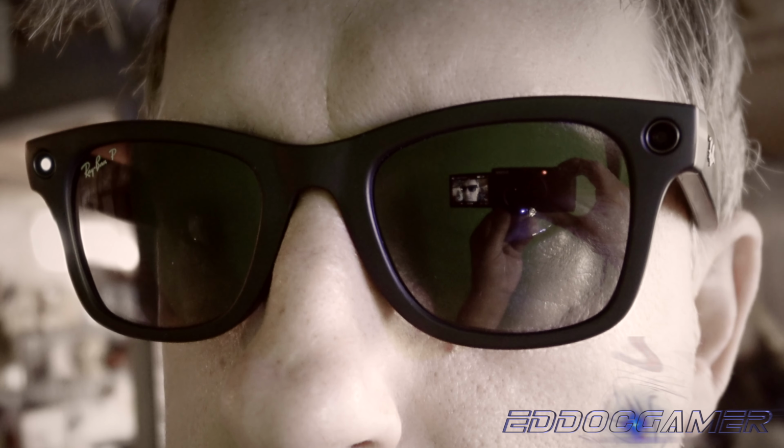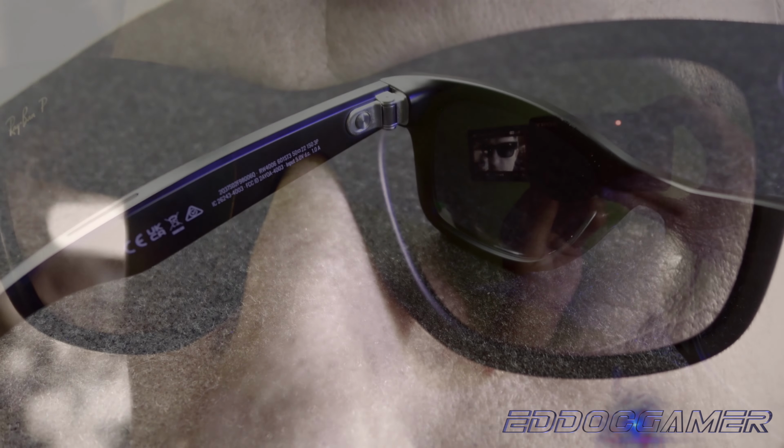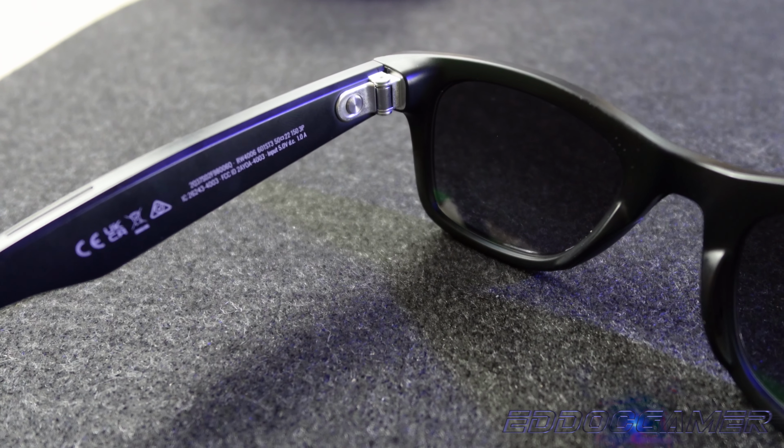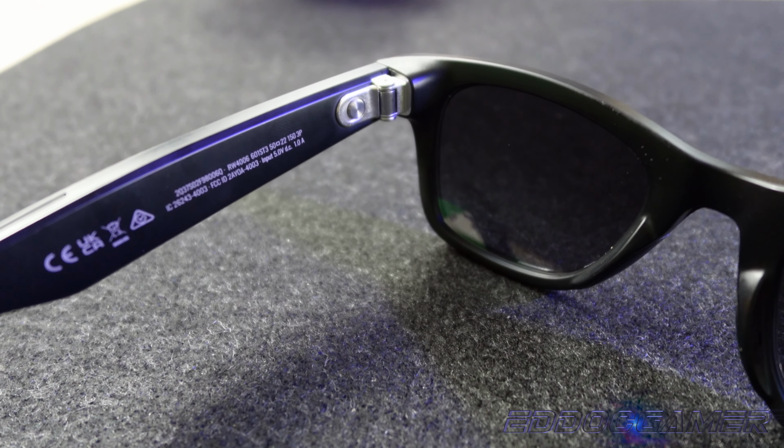The recording light will turn on whenever you take a picture or record a video to allow others around you to know that they are being watched. If you cover up the light, there's apparently also a sensor that will not allow the device to take any